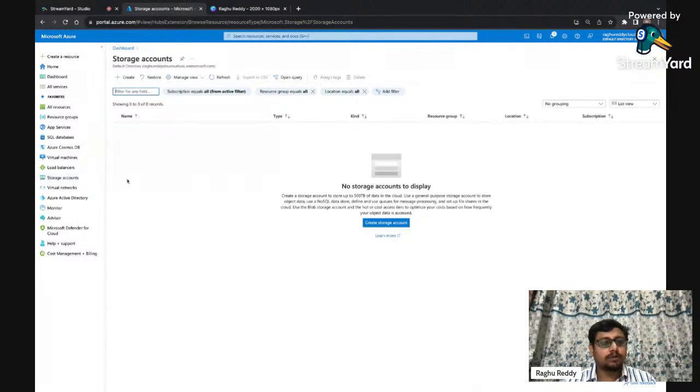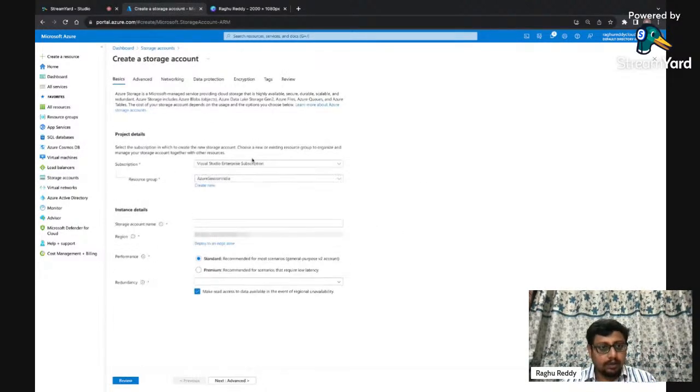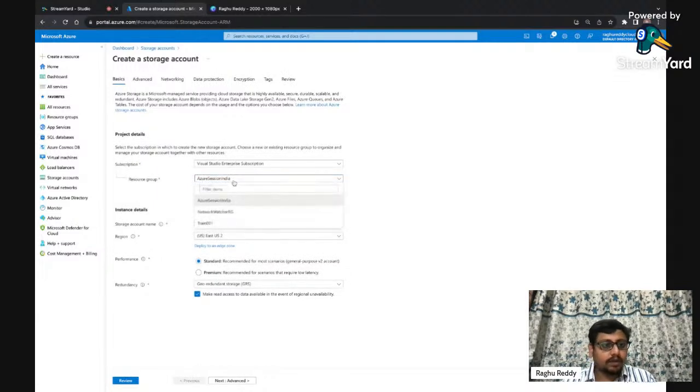Yeah, we have a storage account. So I will create a storage account, and same. Every service that you create needs to be part of one resource group. So I say let's go with the same one. Storage account name, I will say not default, I will say